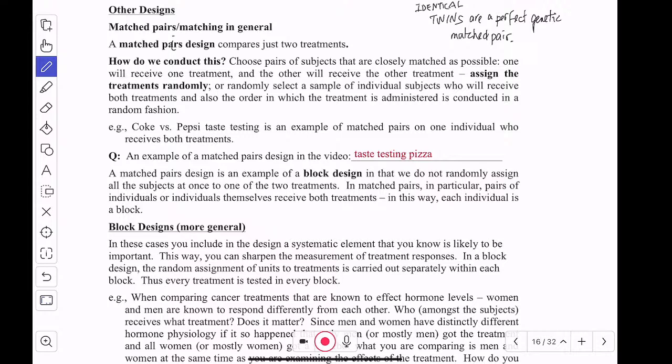So you can do that with drugs, you can do that with environmental or some sort of training exercise. You're trying to teach them something, or just to test a different treatment, whether it's medical or psychological. You can test it really well on twins. Now, there's not a lot of twins to go around for studies,